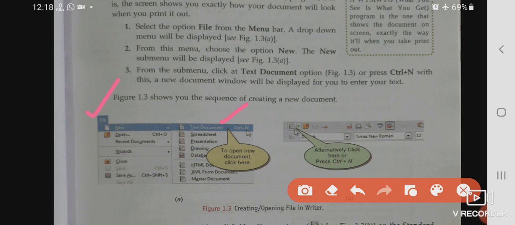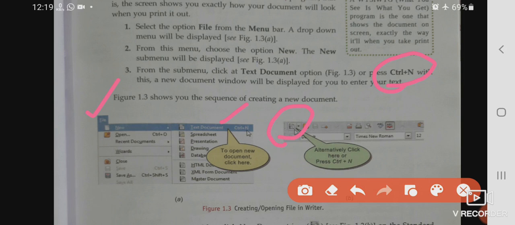Children, you have a shortcut key command, Control plus N. With this also you can open a new document. And then this icon is there in the standard toolbar.